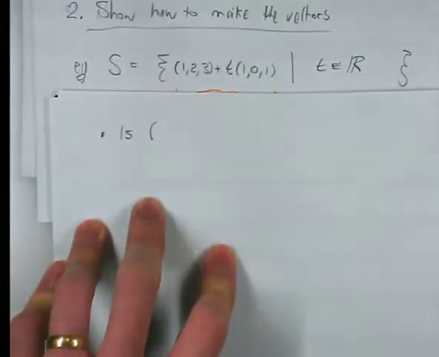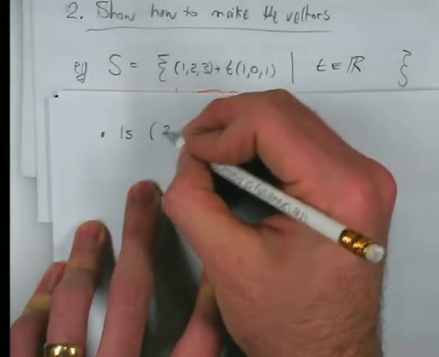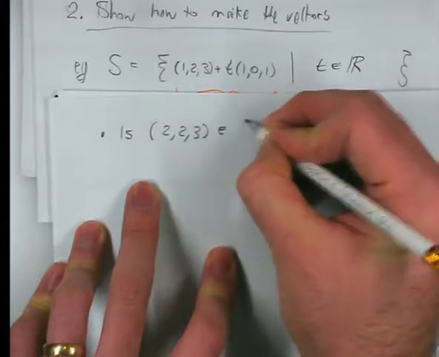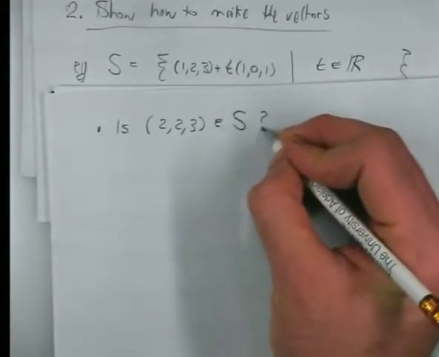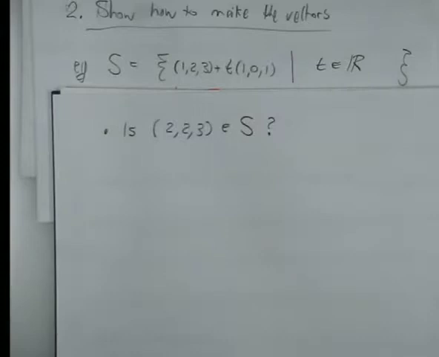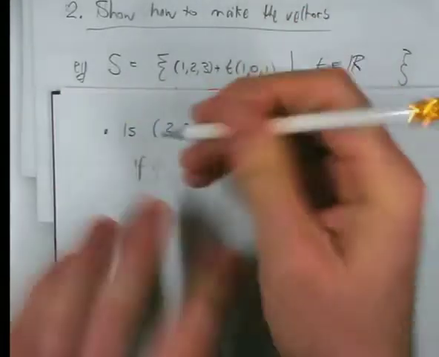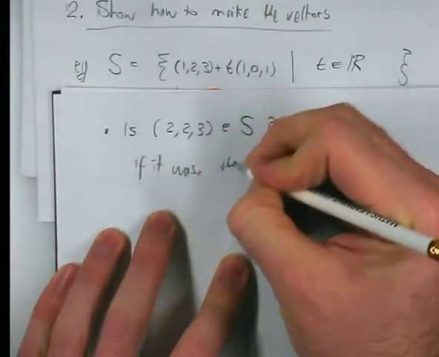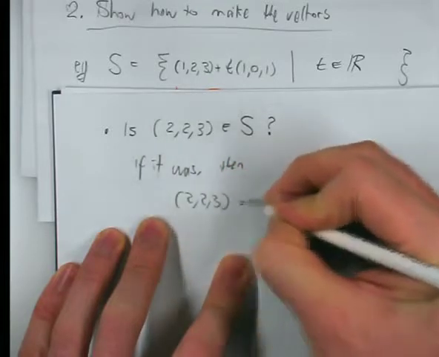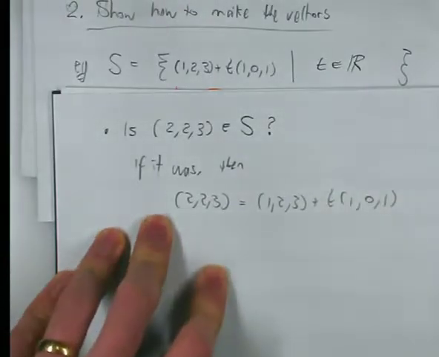The answer to this question is going to be no, but I just wanted to point it out. I'm going to ask it as a question. So is (2, 2, 3) in my set? Okay, that's my question. So the only way to know if it was in the set would be that if it was written like this. So the only way to tell for sure would be to say, well, if it was, then (2, 2, 3) would be equal to (1, 2, 3) plus t of (1, 0, 1) for some t,